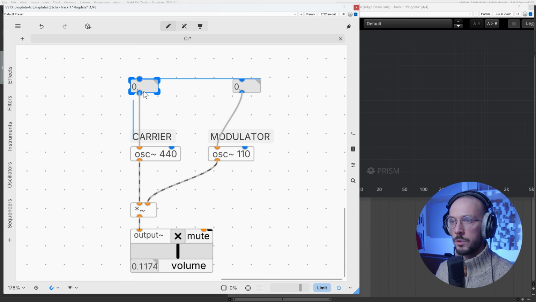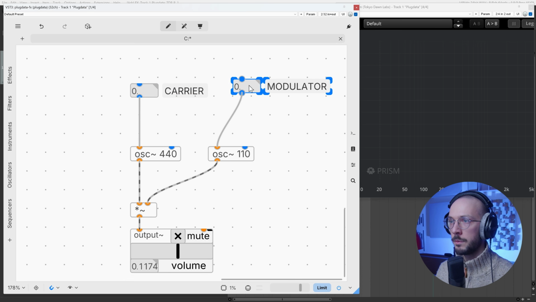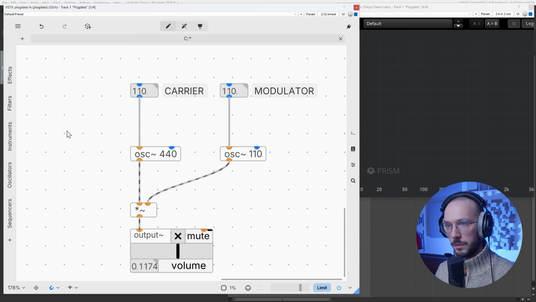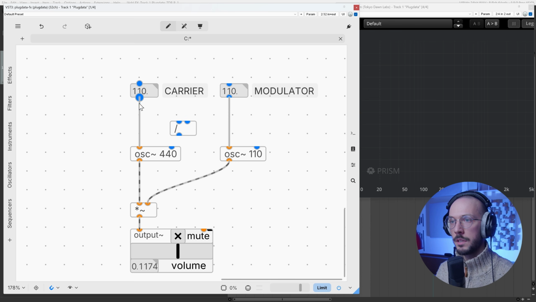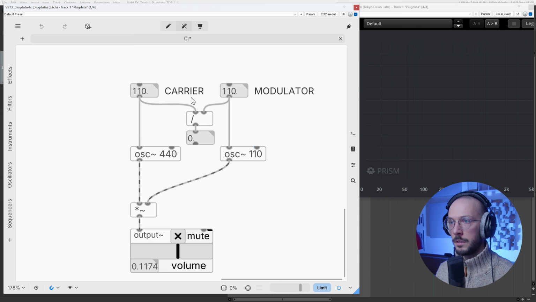The first one to change the carrier, the second one the modulator frequency. Now, what I want to do is take the carrier and divide it by the modulator. So I can use the divide object. So I can take this one divided by the modulator, and this is the ratio between the two. So here 110,